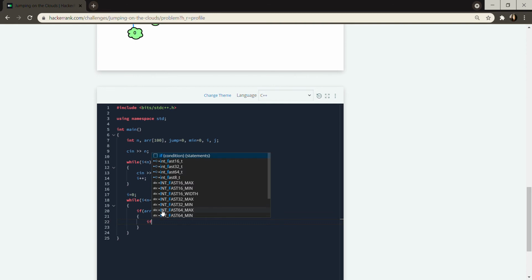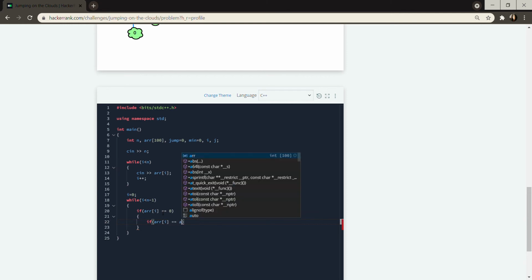After that, if arr I's value, that is index zero's value, is equal to arr I plus 2, if arr I's value is also equal to 0 and arr I plus 2's value is also equal to 0,